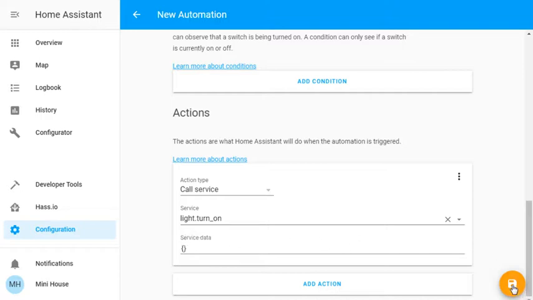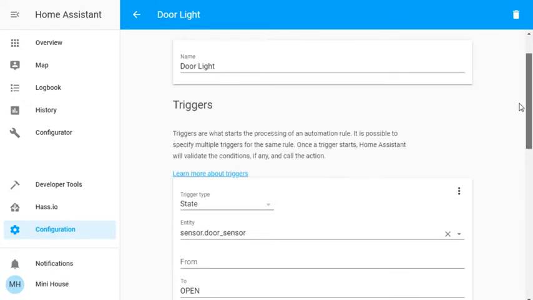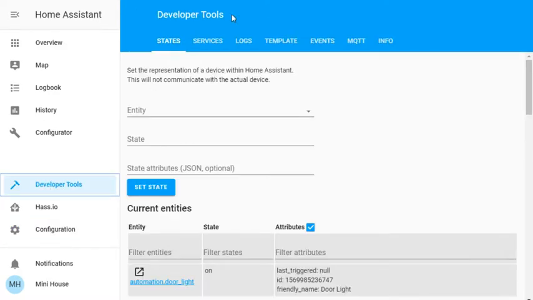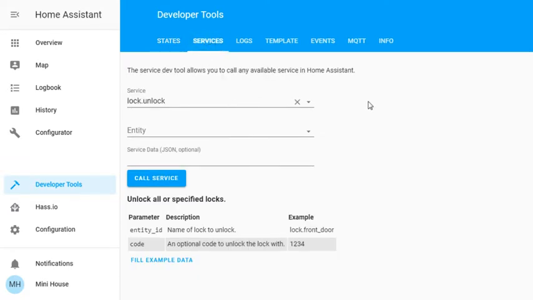So I'm going to save this really quick, and it should save it with no problems. If you have errors, like you put something incorrect here or you don't fill out one of these, it may give you an error and not save, but this did just fine. So I'm going to go to Development Tools, and under Development Tools, I'm going to go to this thing over here called Services. Services is going to be really helpful in figuring out how you're going